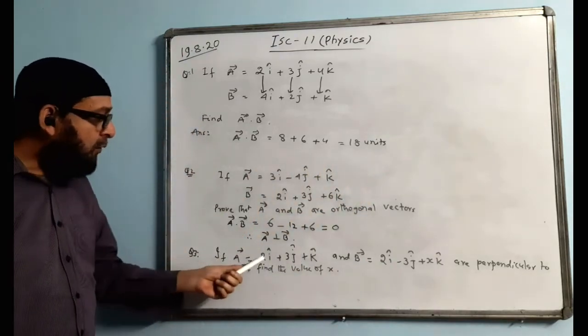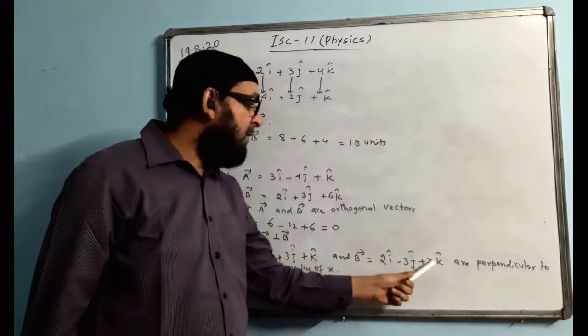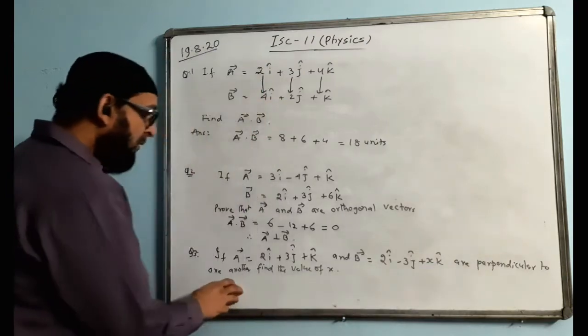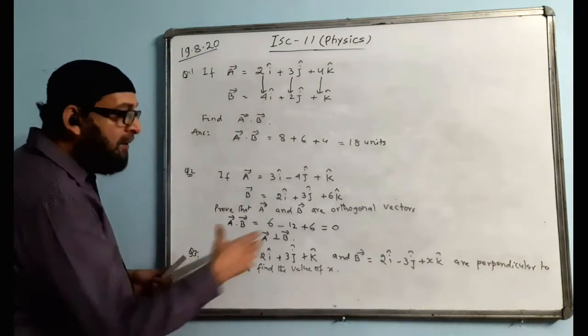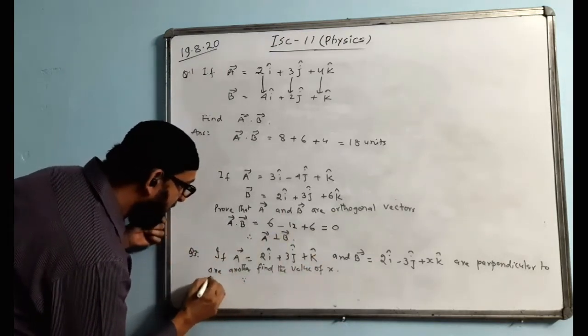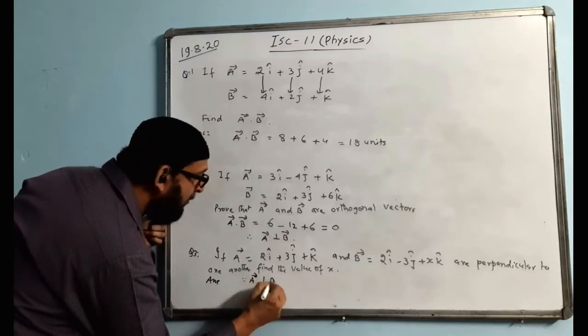Similarly, I have given another question. If A equals 2i plus 3j plus k and B equals 2i minus 3j plus xk, x times k, are perpendicular to each other, find the value of x. Already they are saying that these two vectors are perpendicular. We will write: since A is perpendicular to B,